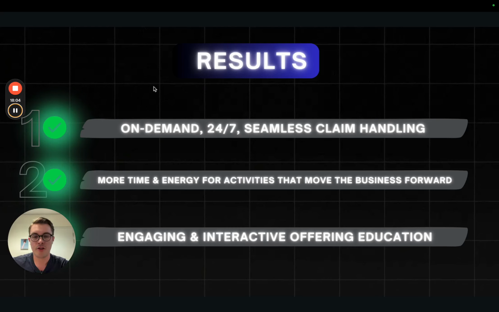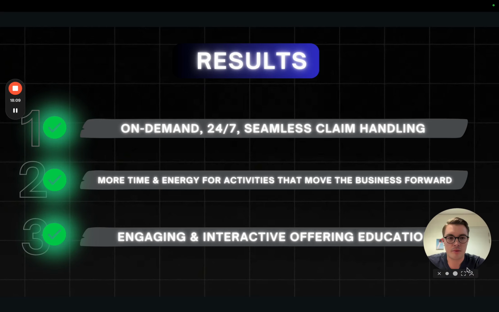Okay, so looking at this from a summary point of view, the results that we have just managed to obtain from this very straightforward, very easy, very simple solution are, number one, on-demand, 24/7 seamless claim handling, as I've just demonstrated. Number two, as a result of that, more time and energy for activities that actually move the business forward. Like I said previously, the insurance agent now has more time on their hands to do these business-improving activities. And then number three, engaging and interactive offering education, which I think makes a big difference,